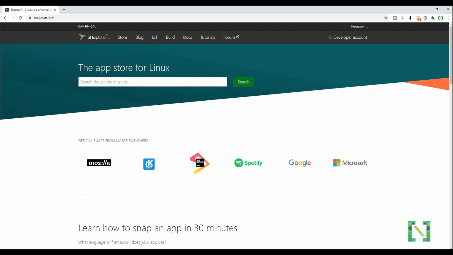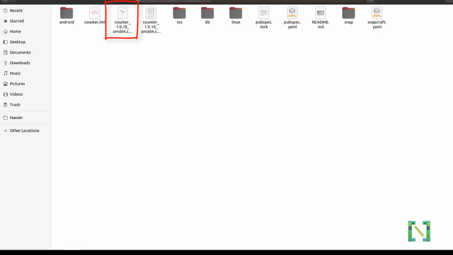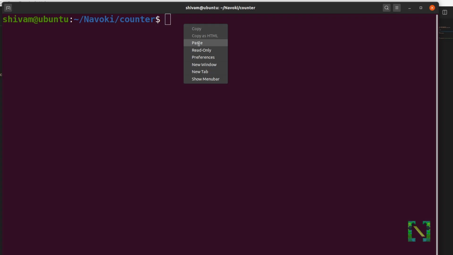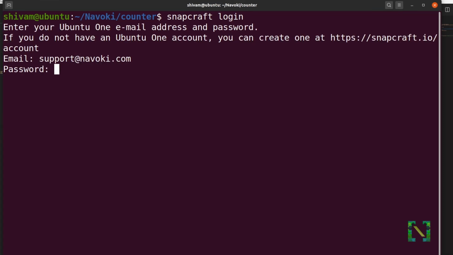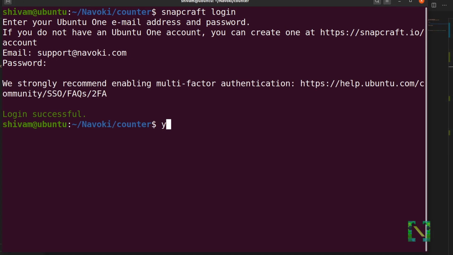While Snapcraft process is going on, you can open Snapcraft official website and create a free developer account. We will be needing these credentials in the next step. The procedure is simple email password login. At this location, your Snap file will be created. Open a new terminal here and type Snapcraft login to give access to your developer account. After login is successful, you need to register your application name.